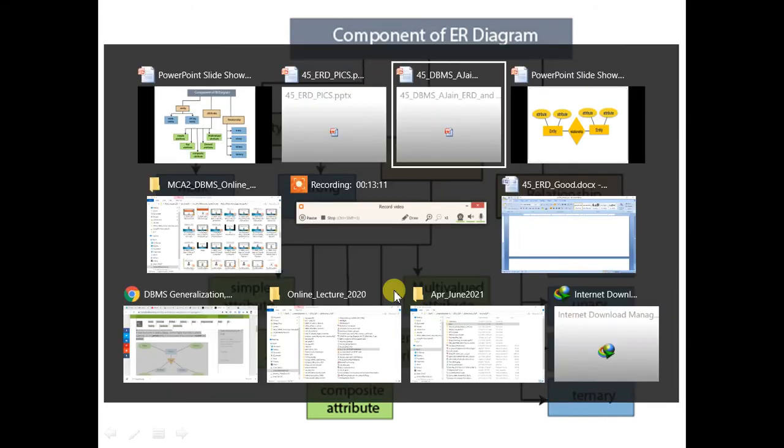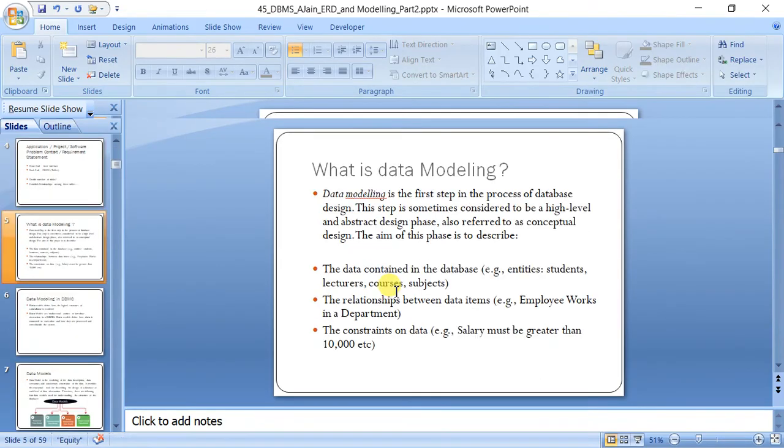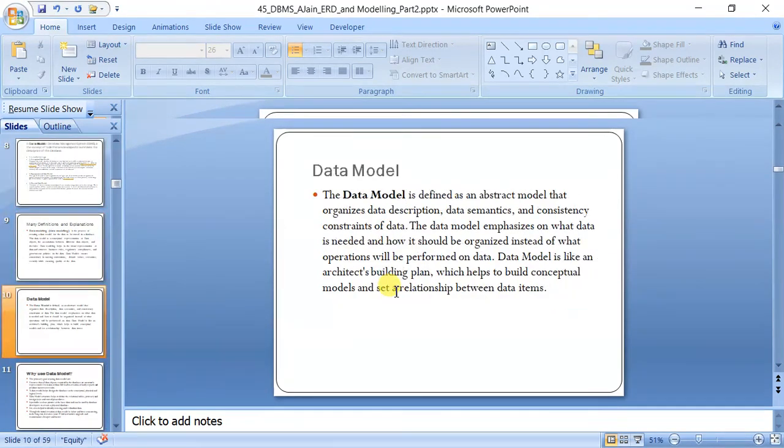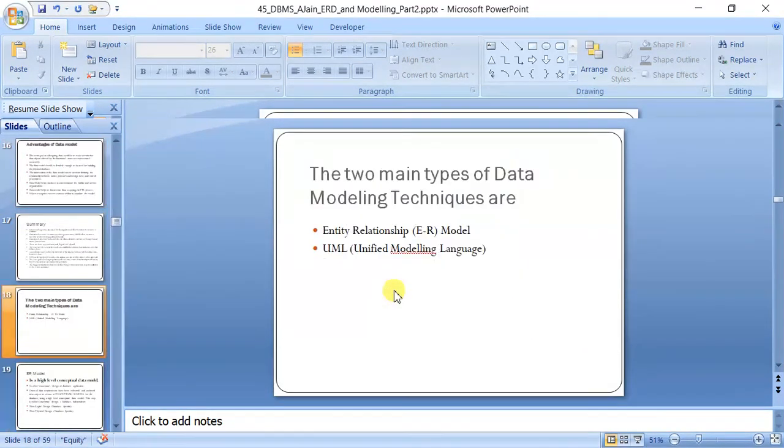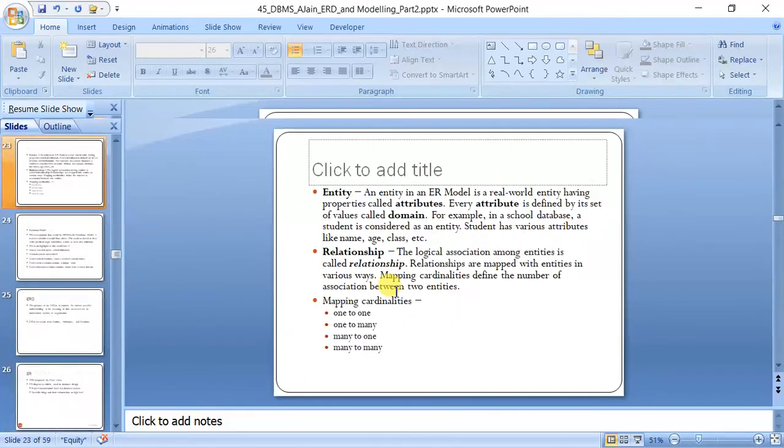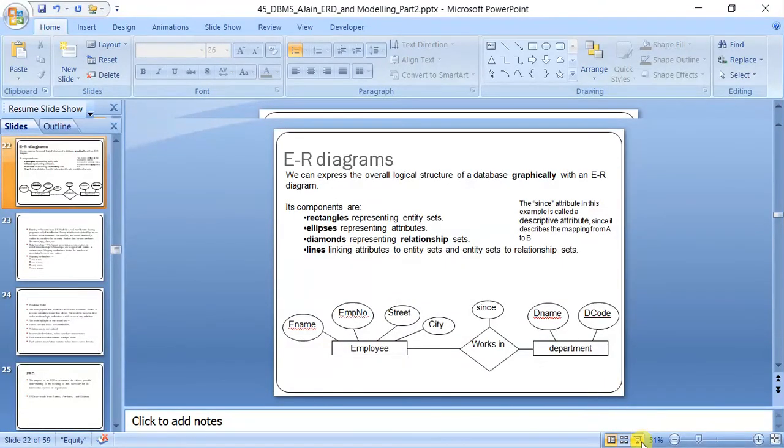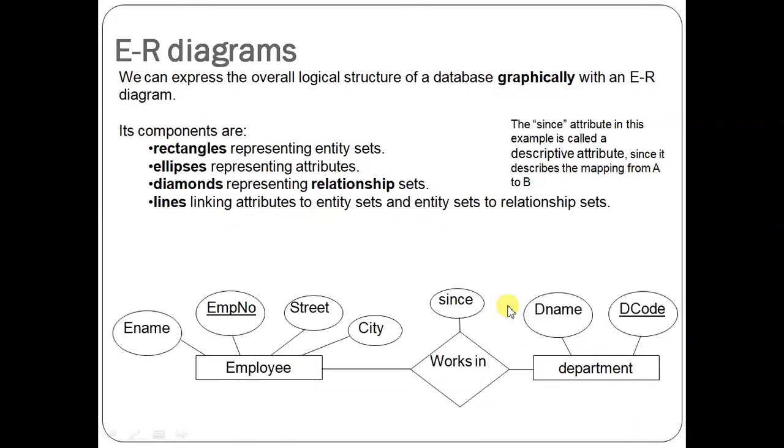Okay. Now before we move ahead, let us see one more example that we have done earlier. Although the actual ER diagram of a company will be very large, just for simplicity we are taking this: an employee works in a department. Now, how has this come out?